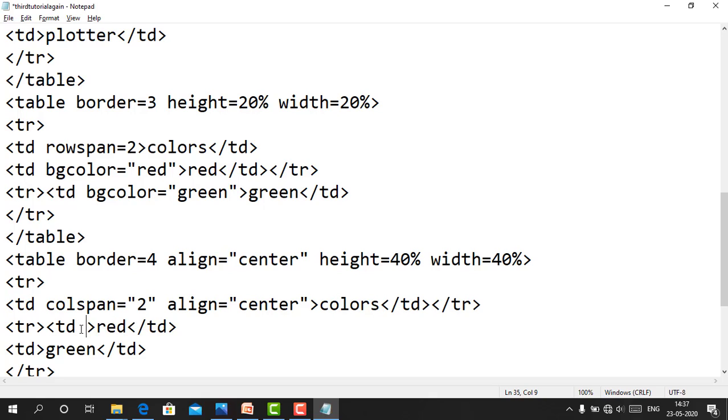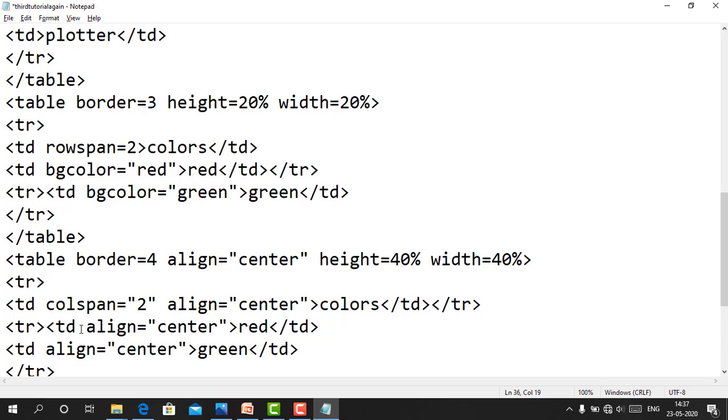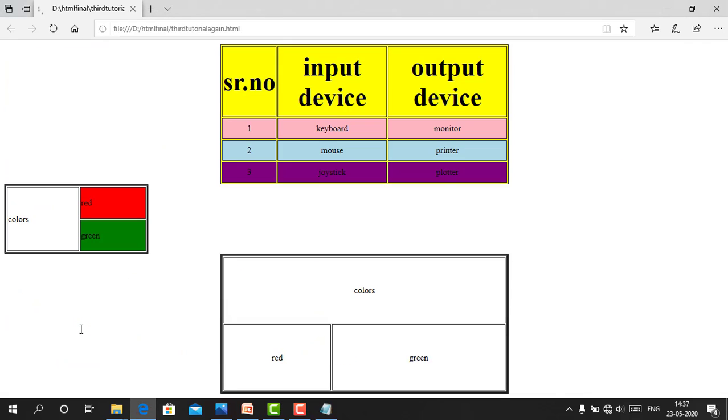TD should be in the center, align equals to center, and again green should be in the center, so align equals to center, double quote complete, control S, alt tab, just refresh it.